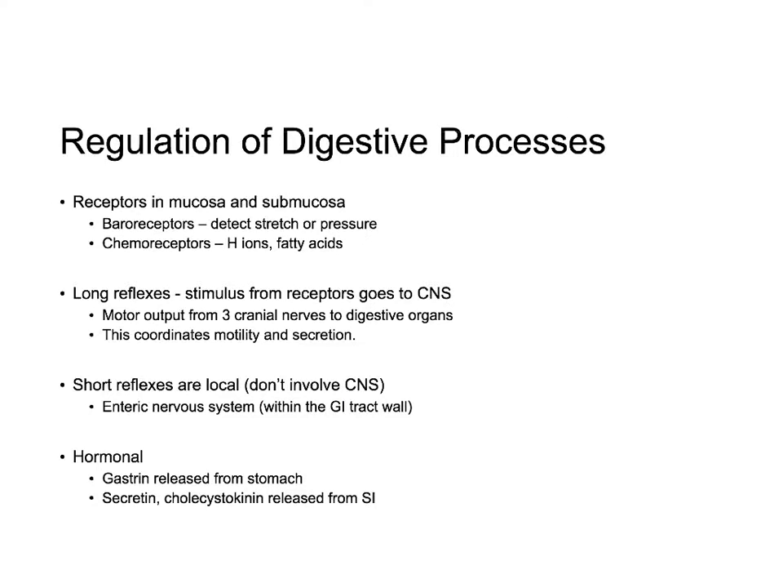Okay, now, how do we regulate digestive processes? So we have receptors in the mucosa and the submucosa. They're going to detect stretch or pressure. So when you feel full and it stretches, that's going to send a signal that, oh, you have enough food, something's in there. Okay, the chemoreceptors in there detect hydrogen ions and fatty acids. So those will also